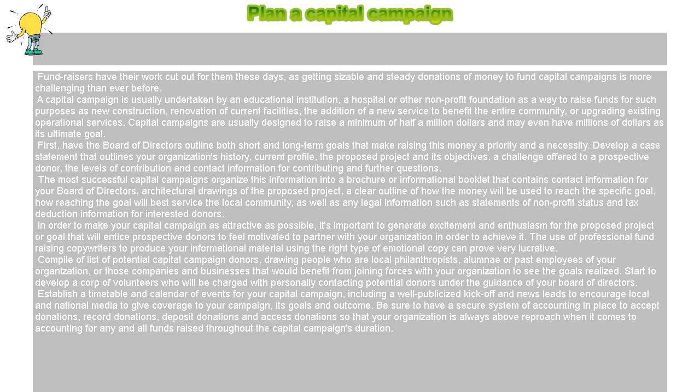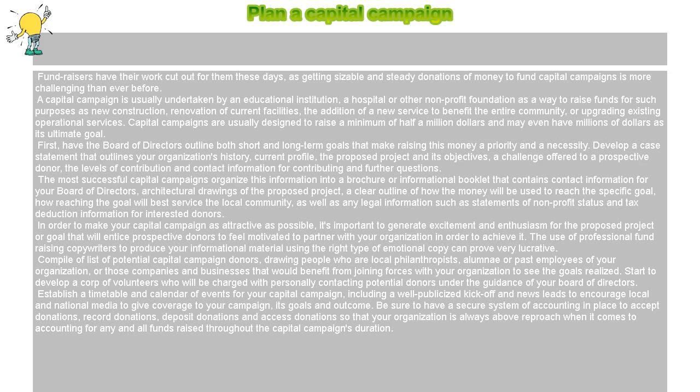Develop a case statement that outlines your organization's history, current profile, the proposed project and its objectives, a challenge offered to a prospective donor, the levels of contribution and contact information for contributing, and further questions. The most successful capital campaigns organize this information into a brochure or informational booklet that contains contact information for your board of directors,